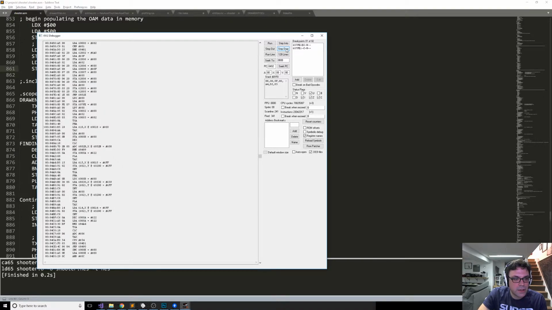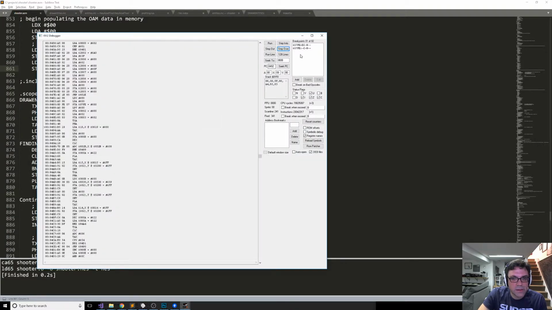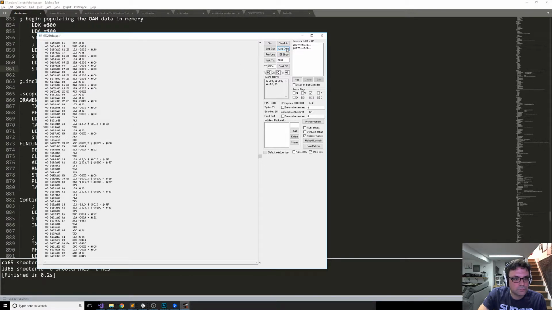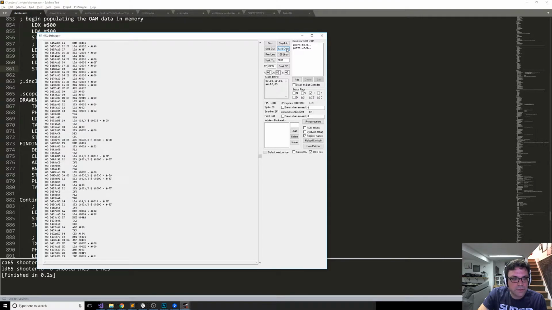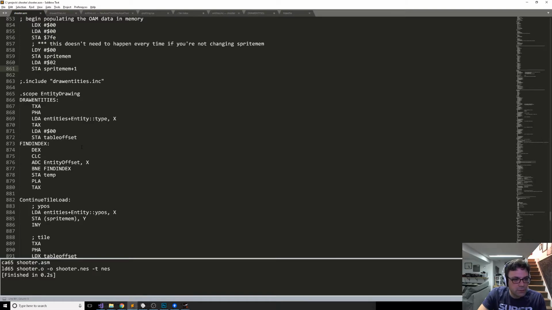push, and then we're loading 18, right, so we're loading the entity type, which is 0. Transfer A to X, load A0. I guess what we need to do,